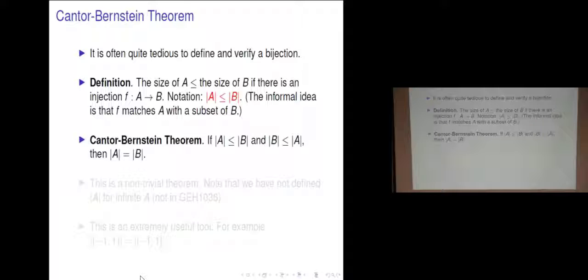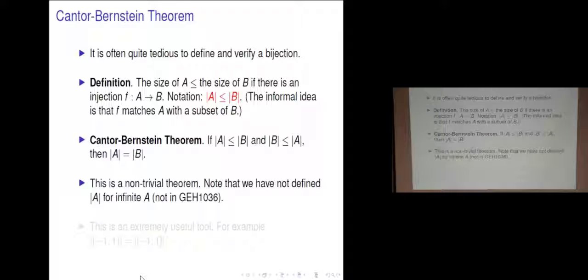Now the Cantor-Bernstein theorem says: if the cardinality of A is less than or equal to the cardinality of B, and the cardinality of B is less than or equal to the cardinality of A, then they have equal size. When I read it, it looks trivial, but it's non-trivial. If you think it's trivial, fine. I mean, we are going to use the trivial side to prove things. So you would think that, of course, this is obvious, but this is non-trivial because here, when we define the less than or equal to and equal to,